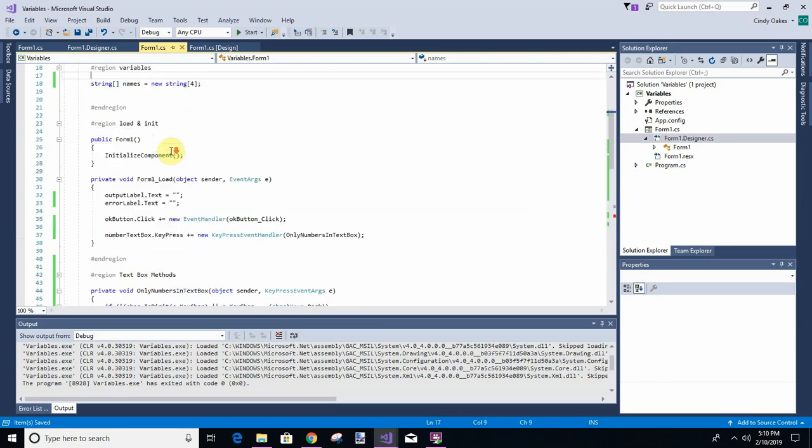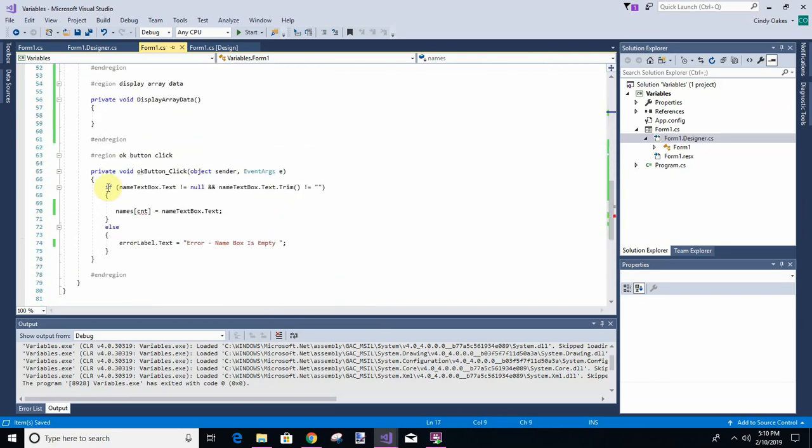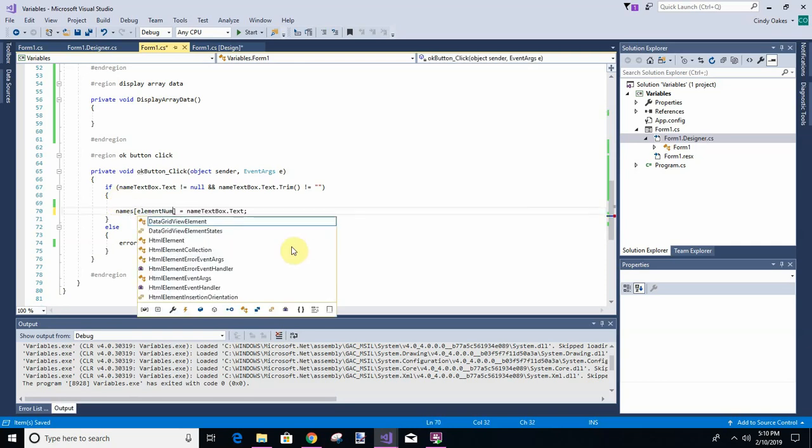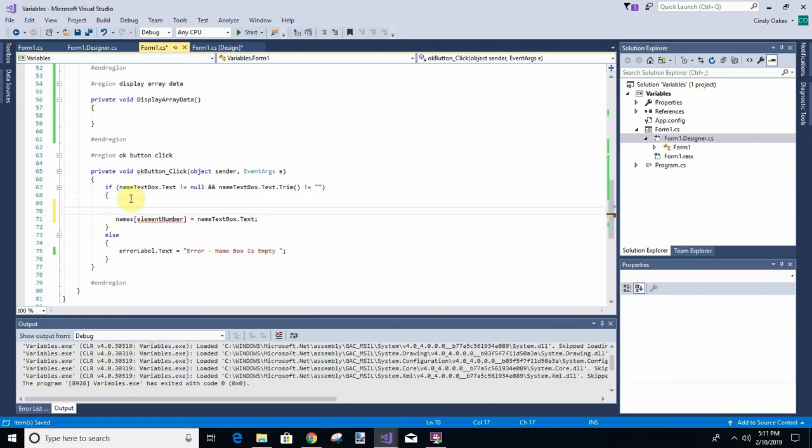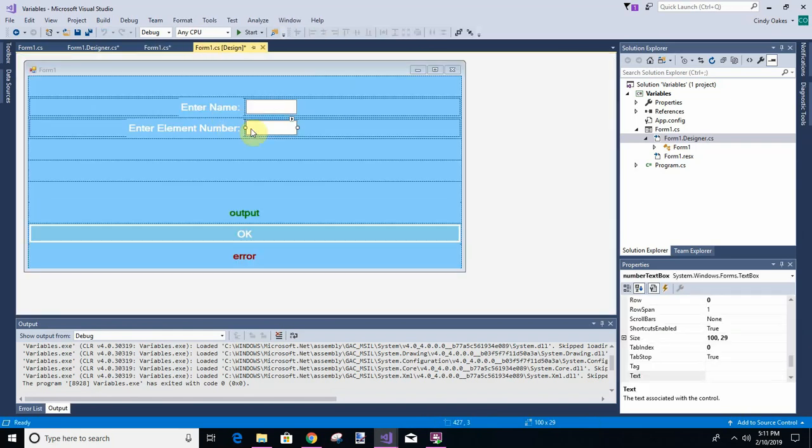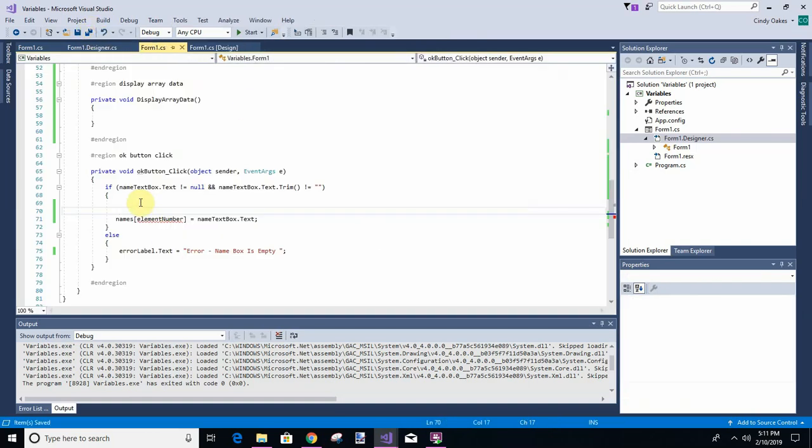And I'm saving my work. I save it all the time. So we could have used it, but we're just going to say element number. So we're going to say if the text box is okay, that means it's not null and it's not spaces. We're going to go get the number that was in that index text box. Let's see what we named that. We named it number text box. Okay, so we're going to say int element number,